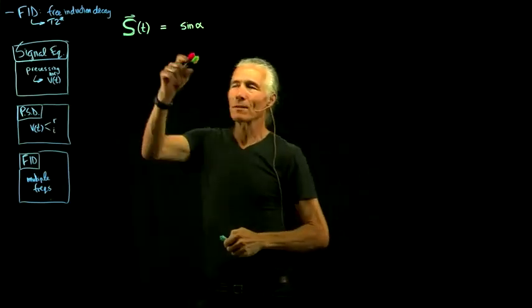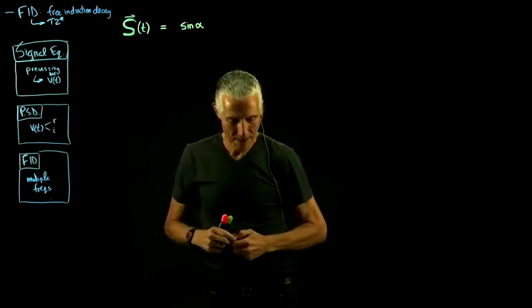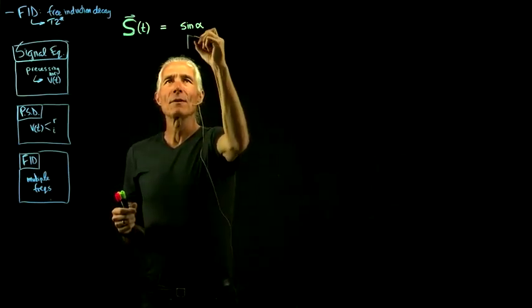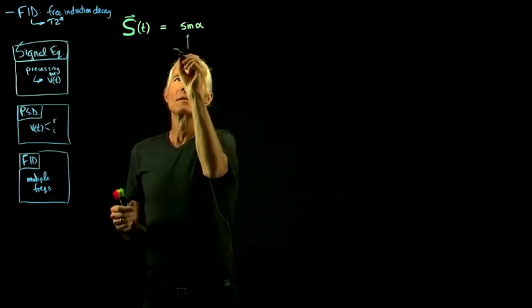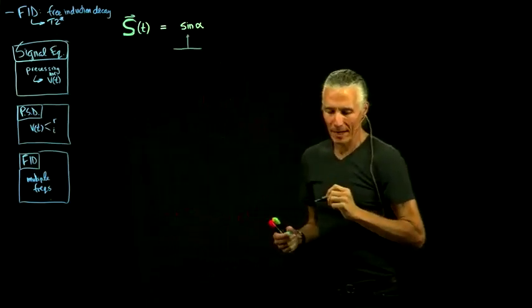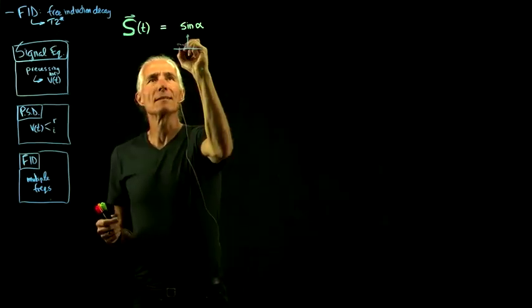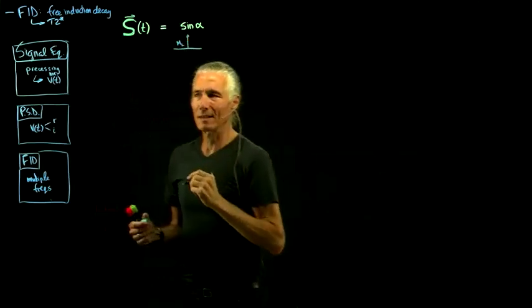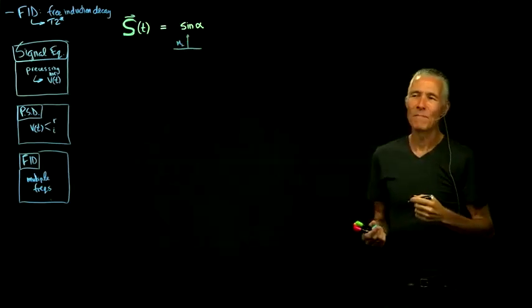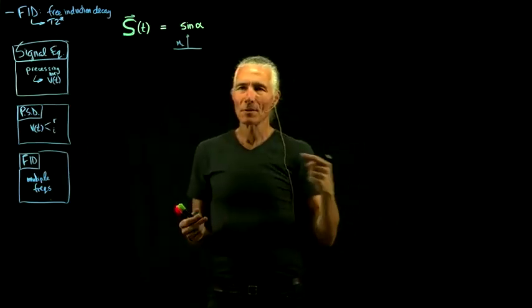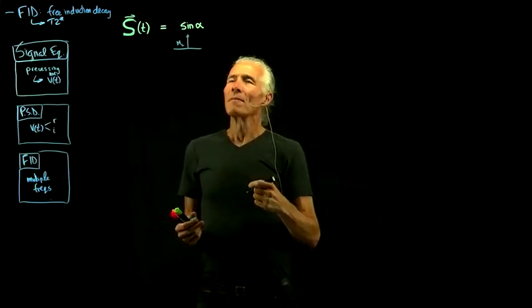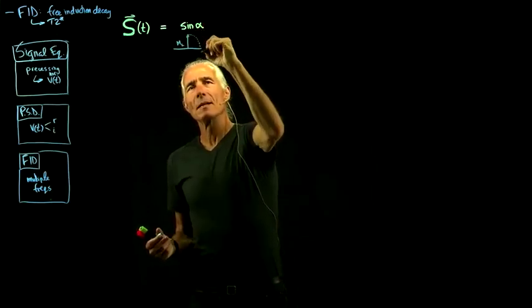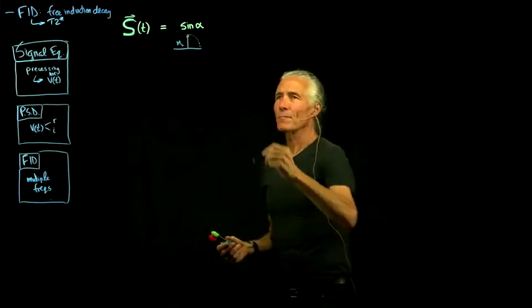Why does the signal depend on the sine of the flip angle? The idea there is that if you start off with a certain amount of longitudinal magnetization, we often use that instead of the z direction. So longitudinal, sort of down the length of the bore. And if we do some kind of flip of that magnetization,